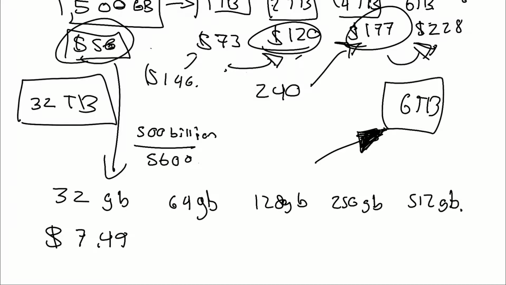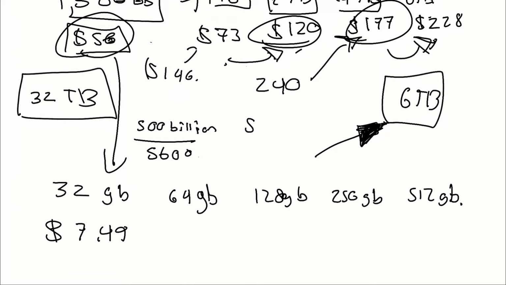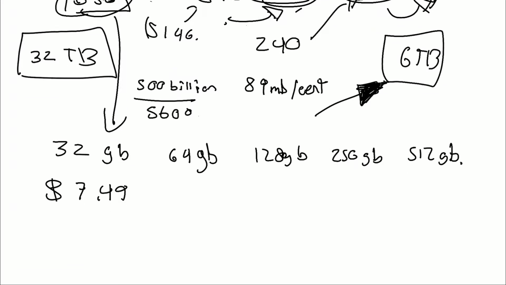So really, in 500 gigabytes, there are 500,000 megabytes, okay? So if we take that number and we divide it by 5600, we get 89 cents. Or sorry, 89 megabytes per cent. Okay? And so if we do that with the SD card, or here, let's do it actually with